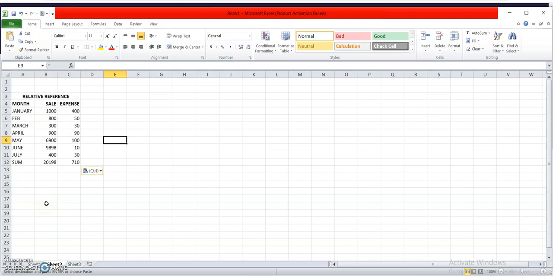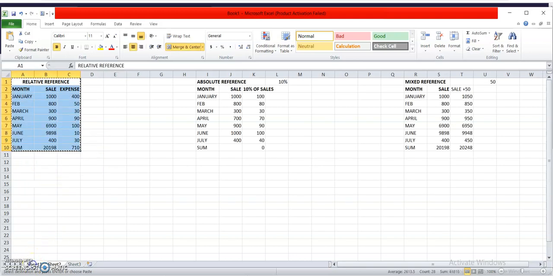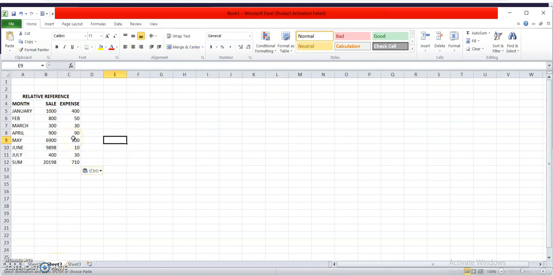The next is using sheet reference. If I want to make any calculation from the first sheet, I want to take any number from here and do the calculation in the second sheet. Can I do it? Let us see.